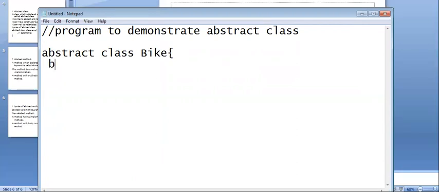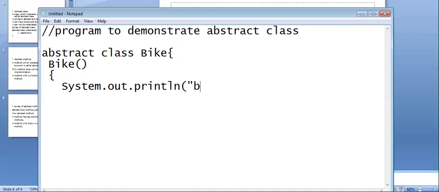Now I have one constructor, Bike, which prints System.out.println "Bike is running".